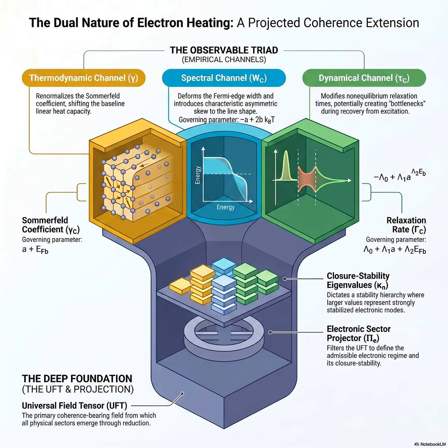Right. And it's vital to acknowledge just how phenomenally successful this simple model is. It is the absolute bedrock of condensed matter physics. It perfectly predicts the Sommerfeld linear heat capacity law. Oh, right. That's the observation that at low temperatures, the electronic heat capacity scales linearly with temperature, right? The C equals gamma T relationship. Exactly. The fact that only that tiny surface layer of electrons can absorb heat is exactly why the heat capacity is linear, rather than constant like classical physics would predict.